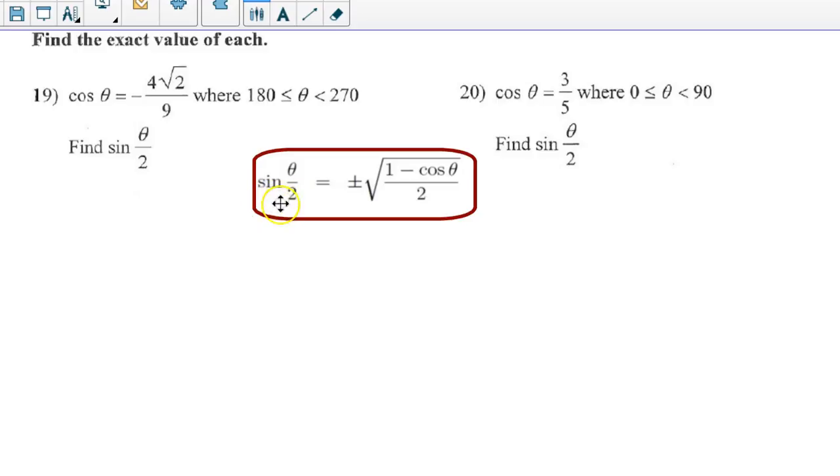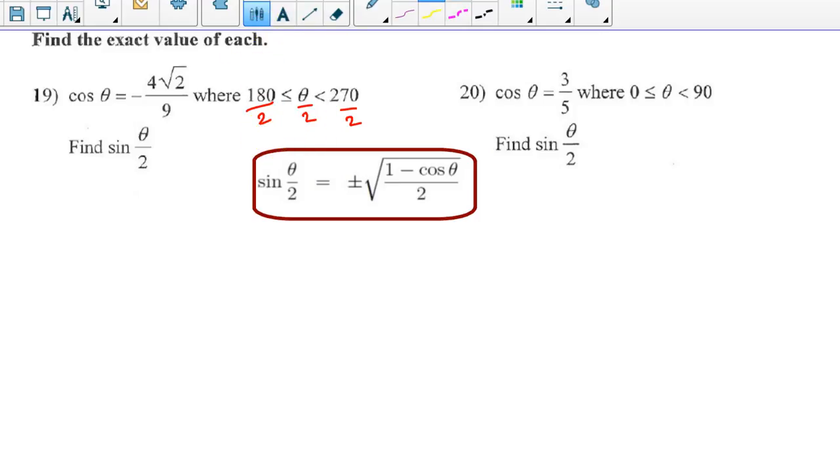Having known the formula, sine theta over 2 is equal to plus or minus square root of (1 minus cosine theta) over 2. Let us decide on the sign first, whether it is positive or negative. We are looking for this angle theta over 2, in which quadrant it lies. Therefore, what I'll do is divide all three of them by 2. We can do that to give